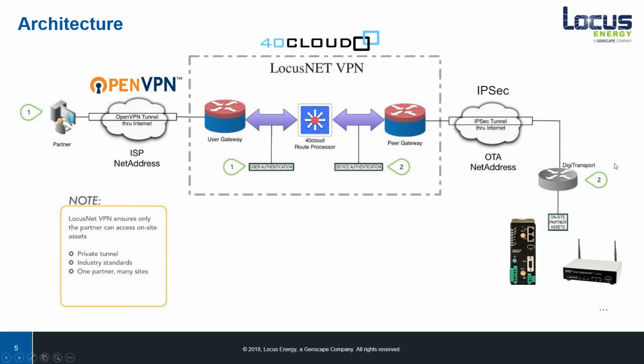I'll start with the right-hand side first. On the right-hand side, you'll see it says IPsec here. Basically, every device in the field that will be enabled with our LocusNet VPN solution, right now that's just the WR31 and 21 modems, uses IPsec protocol to connect to the LocusNet VPN. So your Digi modems have a setting in them to allow them to tunnel back to FortiCloud, which is our backend solutions provider, and maintain a connection to that. That's not specific to any ports or a public static IP address. It's just reaching out and saying, I'm here, I've established a connection with you, here are all the devices I've